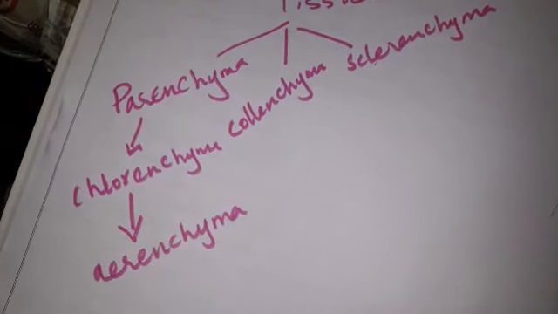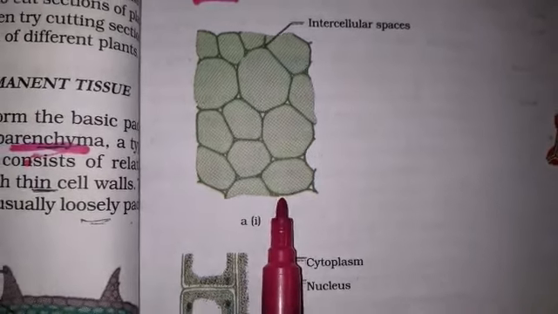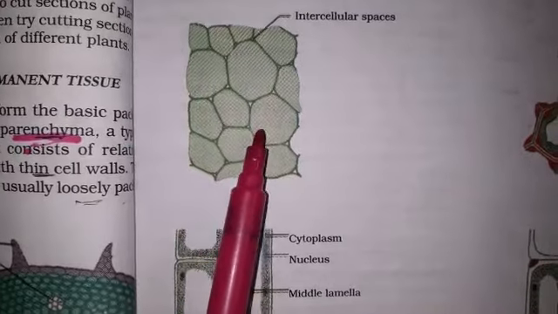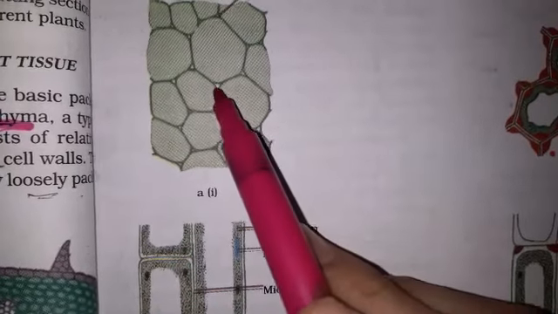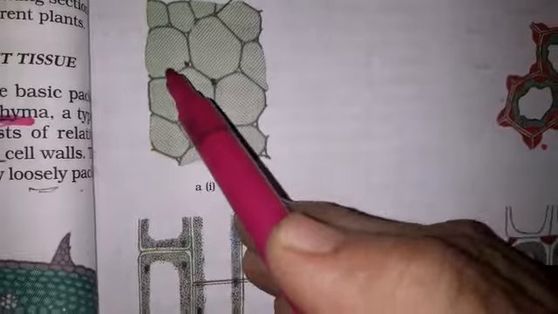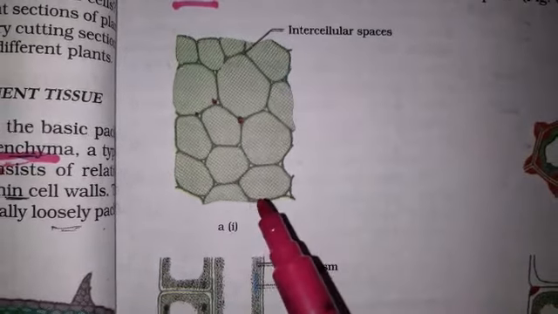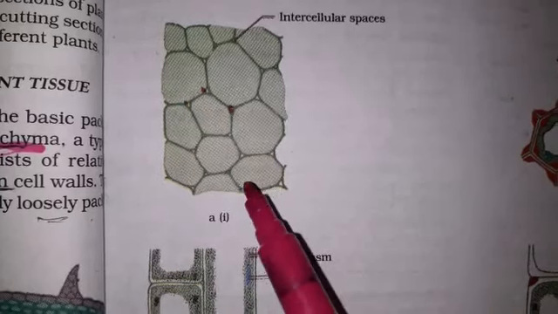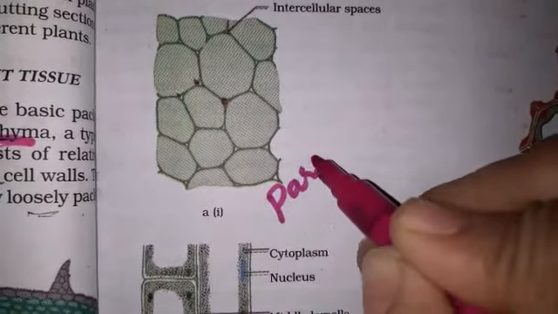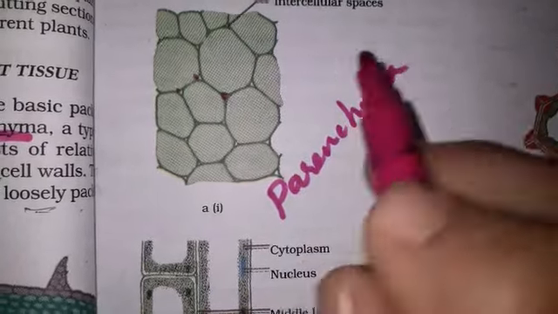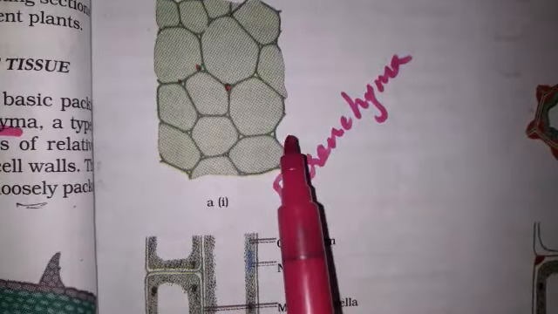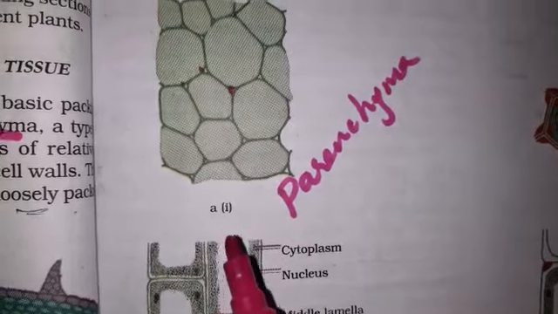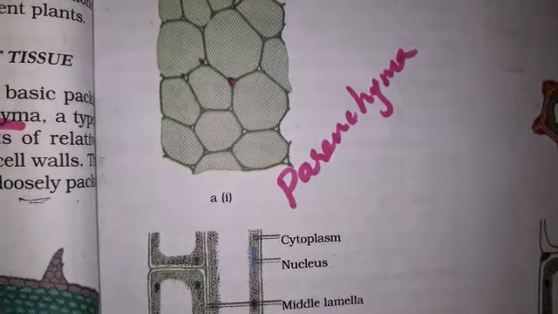First we will learn how the parenchyma tissues are. Here is the parenchyma tissue in a transverse section. The cell wall is very thin. The cells are living cells and they are loosely packed, not compactly packed. See here, we have some intercellular spaces between the cells. This is a vertical section of parenchyma. Here intercellular spaces will be there, and the cells are living. These tissues provide support to the plant, and sometimes they also store food.